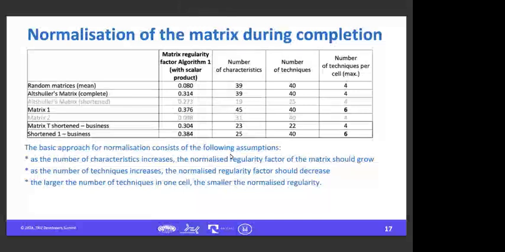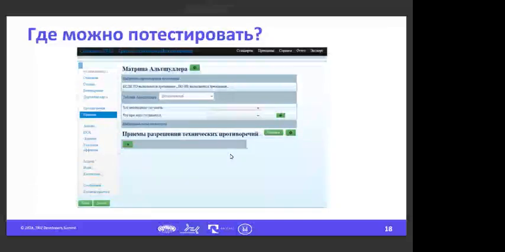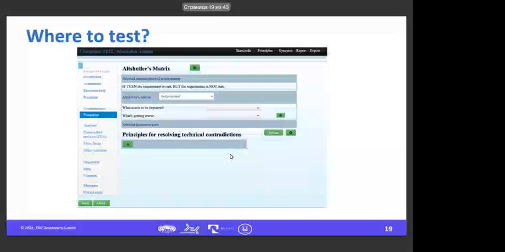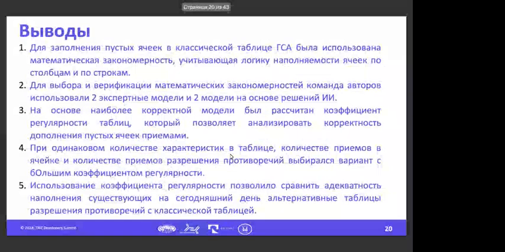So where you can test it. Edit table is in open source, open access, and you can test it and check it on your problems in Campina tree. So software is free of charge if it's interesting for you. So then we'll be very glad to see and to hear your feedbacks.